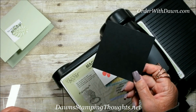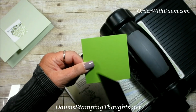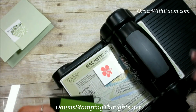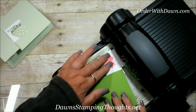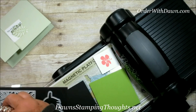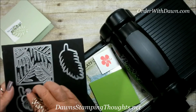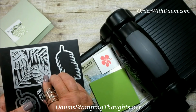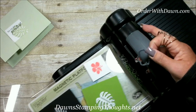Remember, this is the 3.5 by 3.5 black piece that we're going to use with the Granny Apple Green. And this is the 3 1/4 by 3 1/4. So we're going to cut our leaves out of the center of these because they're going to get covered up anyway. So we're going to use this leaf on the black, and then this one on the Granny Apple Green, and then the flower,